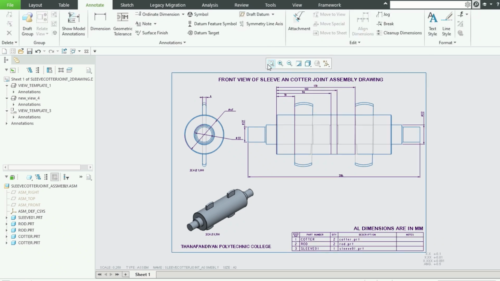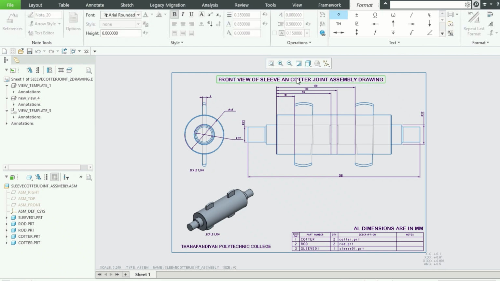That's all for creating a 2D assembly drawing using PTC Creo Parametric. Okay, thank you for